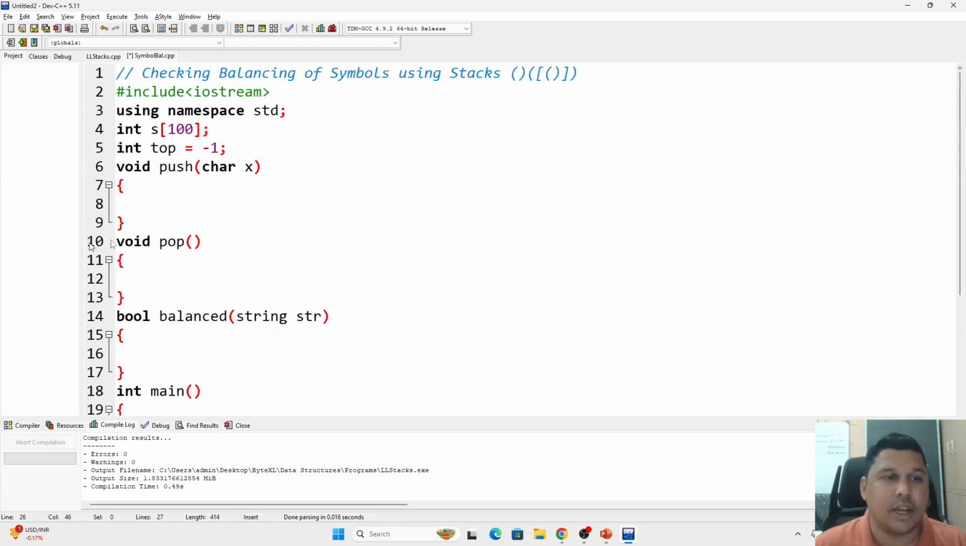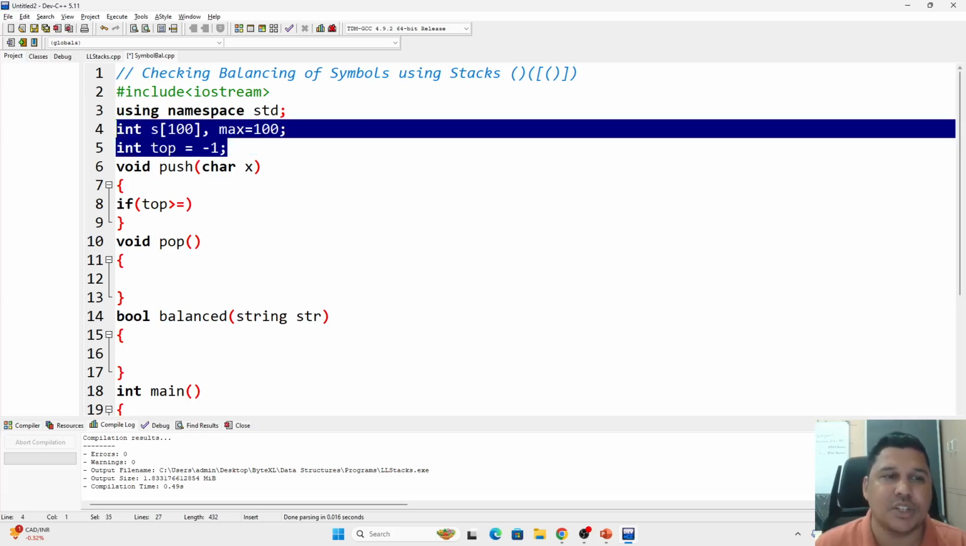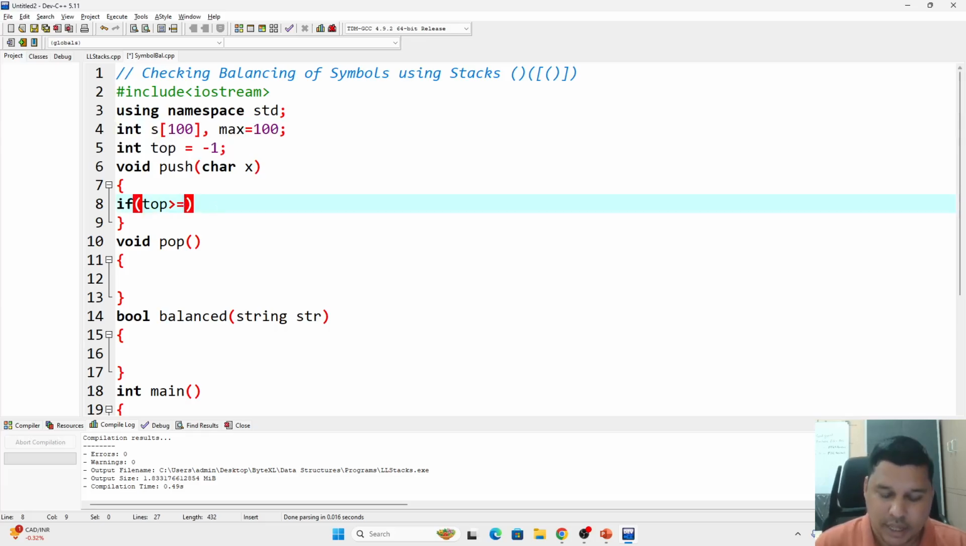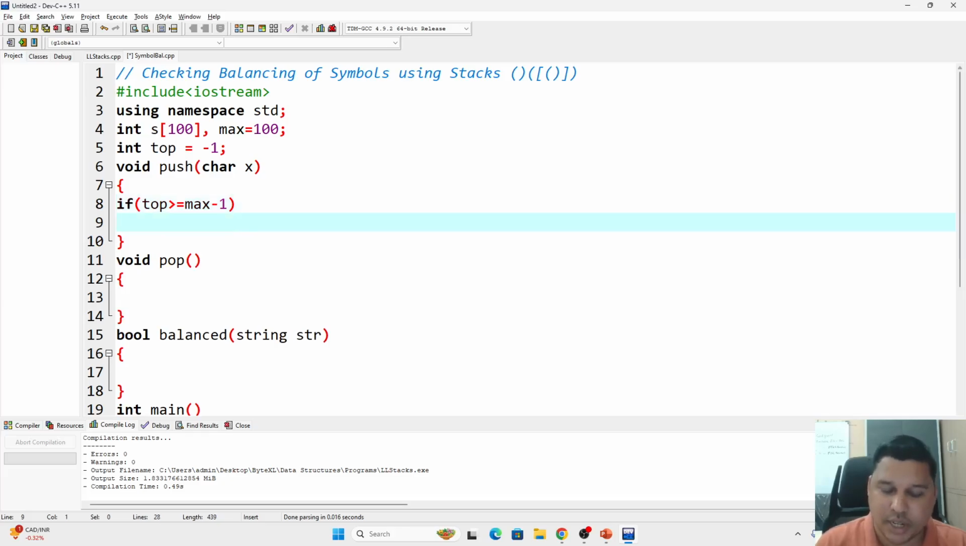So, quickly I will now do this push operation. We have to just check the condition if the top is greater than or equal to... let me declare here another variable, max equal to 100, since I am taking it as 100. Now, this problem will be erased when you go for the class implementation, but with constructors. If this is greater than or equal to, oh sorry, I have taken max, no, max minus 1, then you say the stack is full,